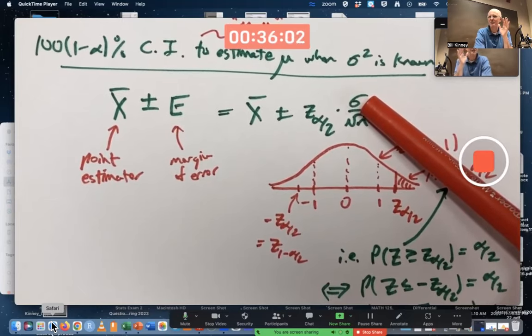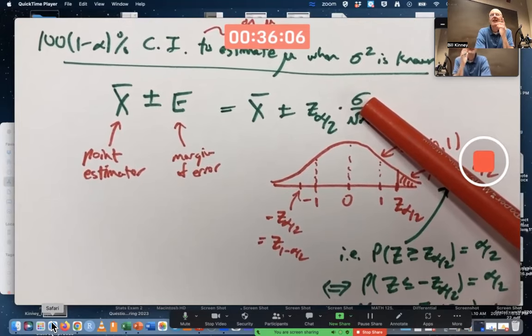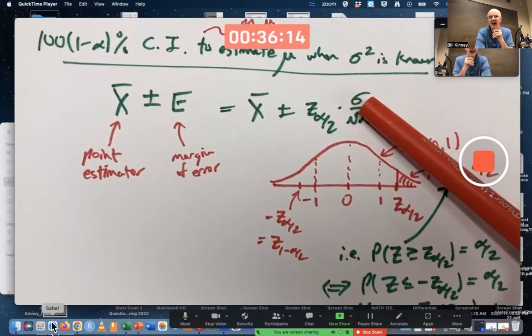Would you get fired? Probably not, but yeah, the calculator does it because some people like to buck tradition and like to use sigma instead of S. I'm not one of those people. Okay. So for me in this class, don't ever use sigma.